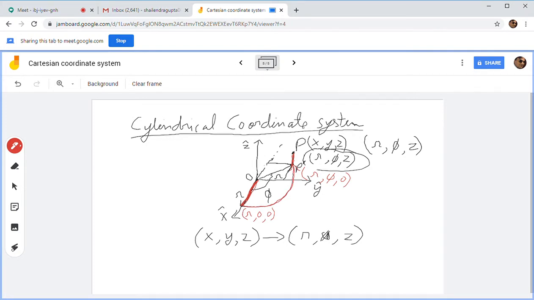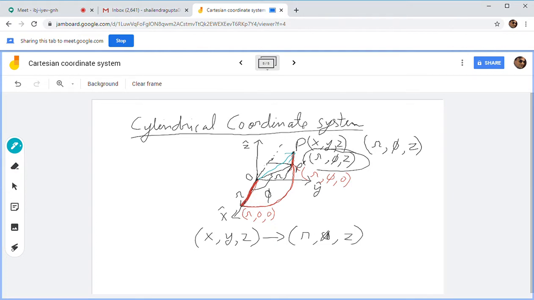The things are covered. You have moved from the origin to P. So this is your resultant vector. Let me show you the resultant vector as well. You have to reach from origin to P, but how have you reached? You have moved in these dimensions: in R dimension, phi dimension, and Z dimension.